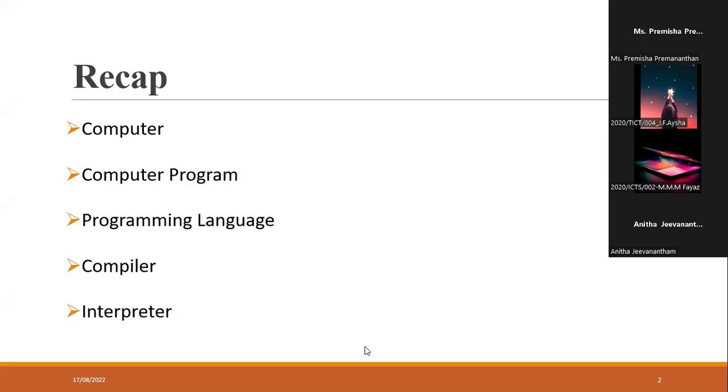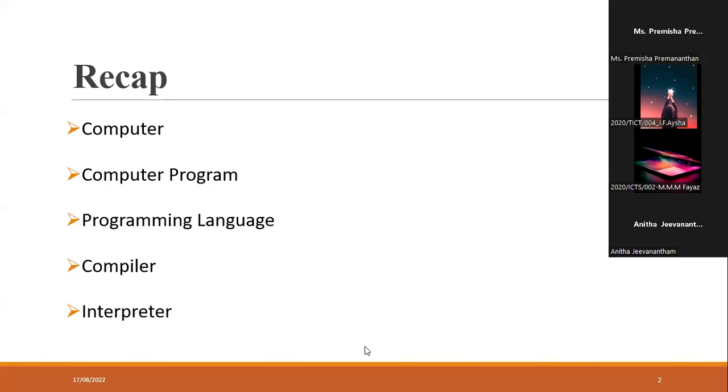You scan or go through the whole code only one time. The full code you compile at once and give the output after finishing the whole document. After finishing 1,000 lines of code only, you give the errors and the outputs. But when it comes to an interpreter, line by line, for each line you get an output. So which takes too much overall time to finish all the code?